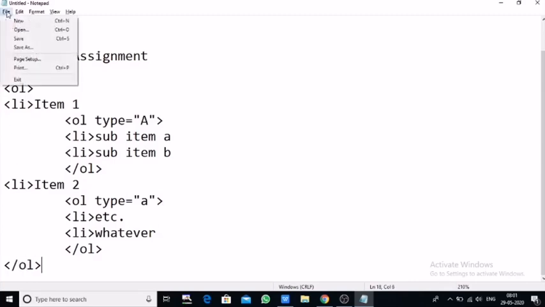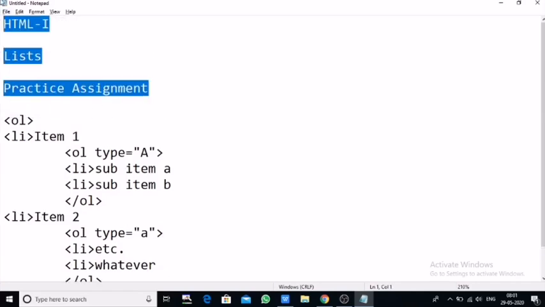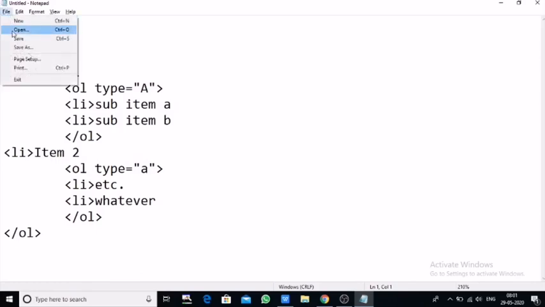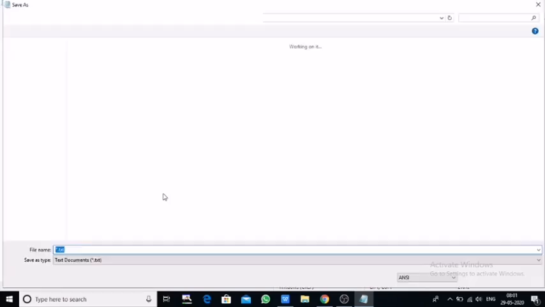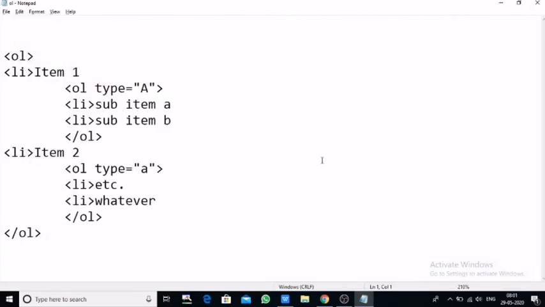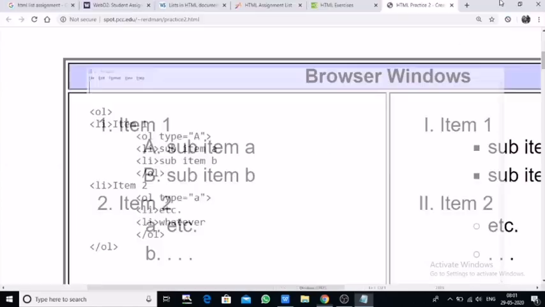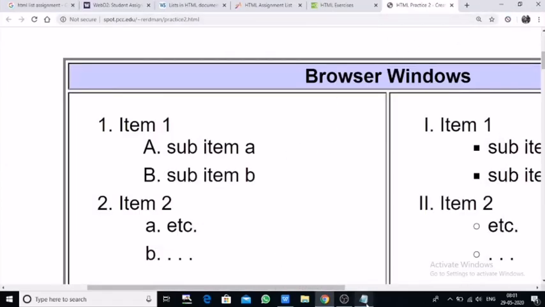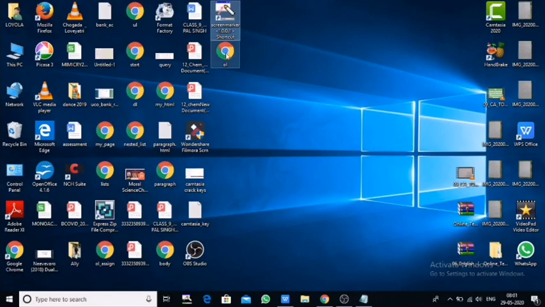Now save it and see. I am removing these headings. File, save as ol.html. I used to give the STM extension, because STM and HTML are very much the same; HTML just takes one character more. So see the preview here.